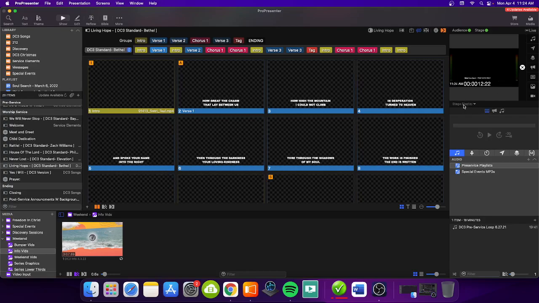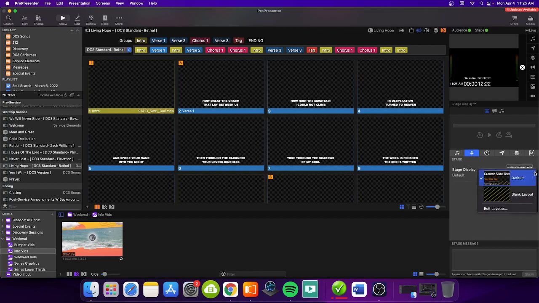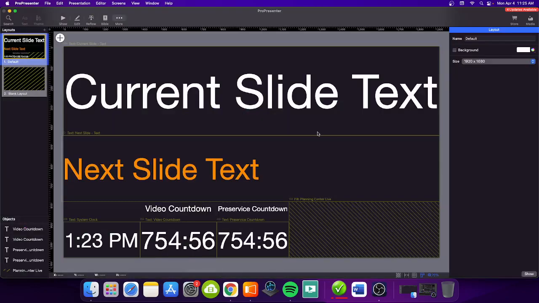So the first thing you'll want to do is come to these little tabs here. If you remember our navigation, we have to find our stage display tab, which is this one right here. So you see, here's our current stage display. Now, like if I was designing a lower third or a theme, I would come over to this little button here. I would go to Edit Layouts, little two arrows. Now you can see here's our layout for our current